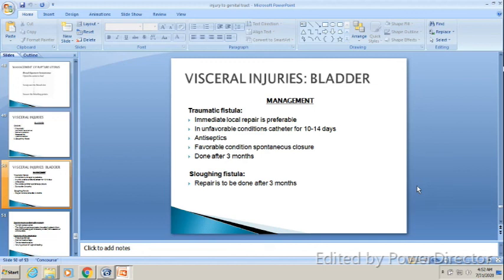If there is obstruction and you have delivered by cesarean section, even then, when you think that the bladder is very edematous and the chances of fistula are more, in these patients you will keep the catheter for 14 days, sometimes for 21 days also, for spontaneous healing of the bladder mucosa, and it prevents fistula formation. If the fistula happens, then you have to repair it after 3 months.